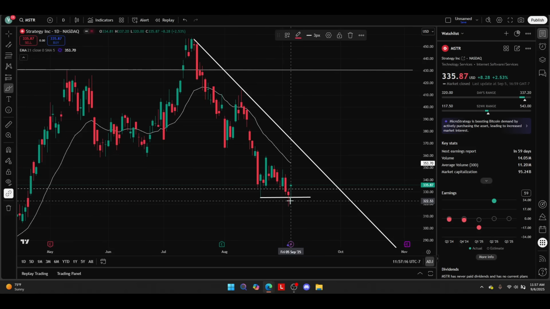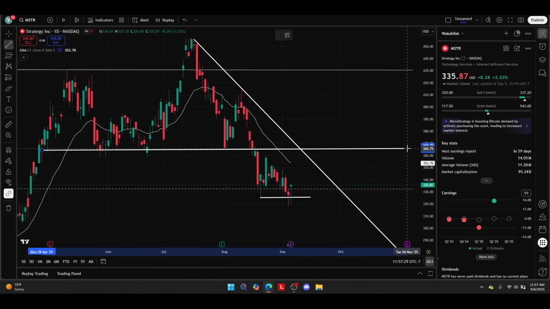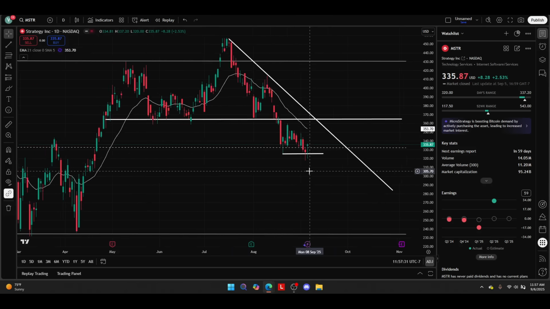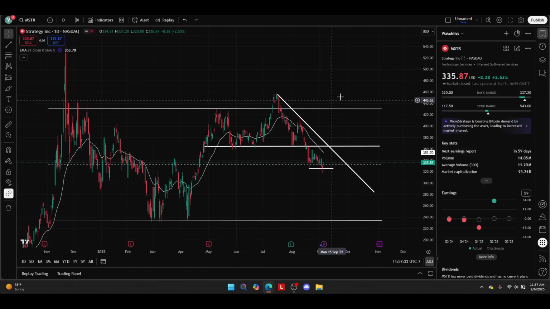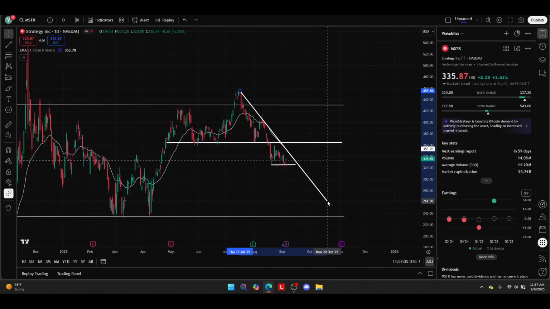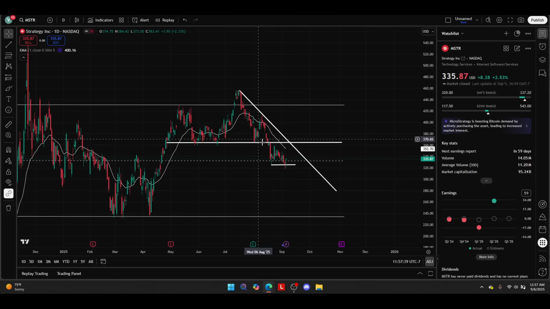You'd want to see aggressive buying, and then if you can get back above the 360 and hold it as support, then that's a very good sign. Or at least get back above the 360 level, because that will be tested as resistance. This was the breakout zone. The 360 level, we're still below it, which is not a bullish sign. We're still below this downward sloping trend line. You can draw it a little bit more aggressive, but if I just keep it off the wick, that still fits pretty good. Below the EMA, we did reach the measured target,